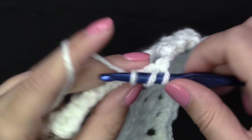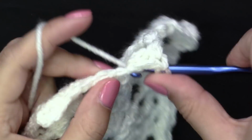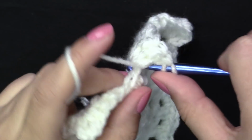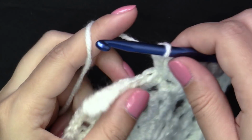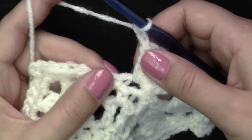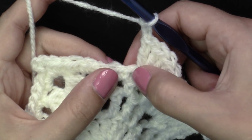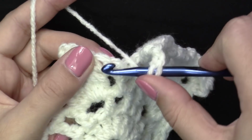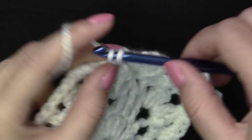1, 2, 3, 4, 5. Chain 2. Make sure to slide this 2 on the right a little bit so you can see your stitches. You're gonna skip 4, 1, 2, 3, 4, and into the next you will put double crochet 3 together,